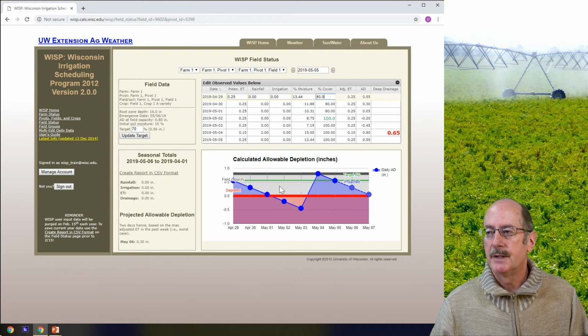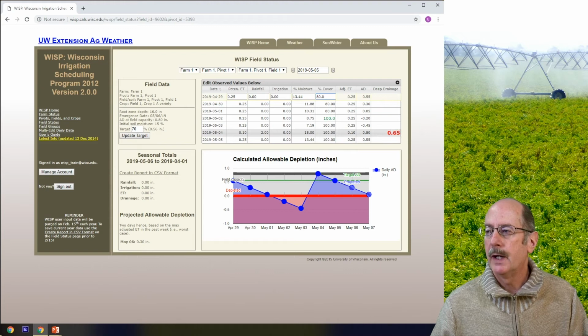So now what happens here is I've put a rather large rainstorm in here, and you can see that the soil water value jumps all the way back up to field capacity, but the amount of water that came in that rainfall event is even more than the soil can hold. So you're exceeding field capacity.